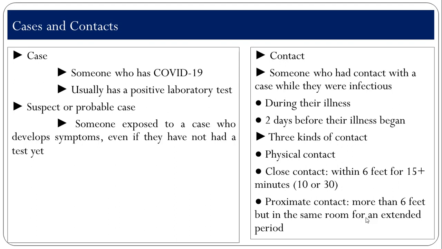Anyone that had physical contact with someone who is infectious is at risk for infection, they are definitely a contact. We also talk about close contact. I want to define what a close contact means. This means someone who may not have had any physical contact at all, but was close to a person who is infectious. They were within 6 feet of this person for at least 15 minutes or more. Now, 15 minutes is just a standard guideline.